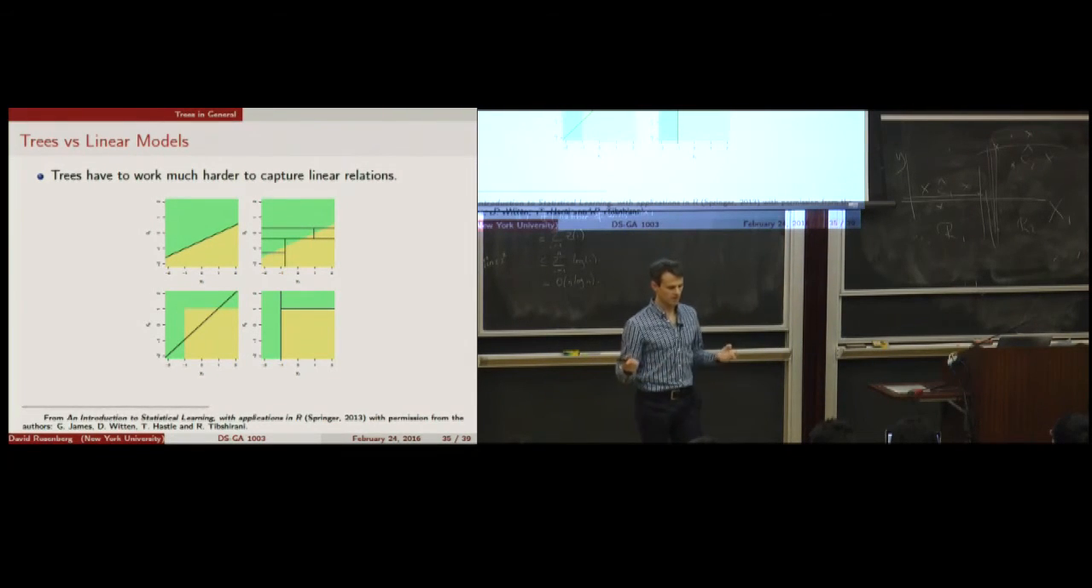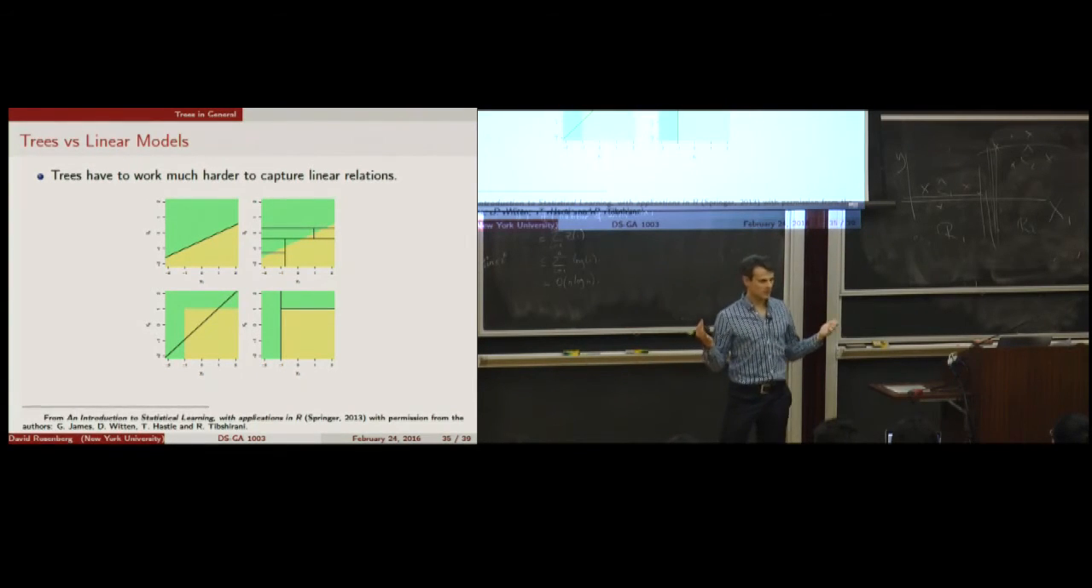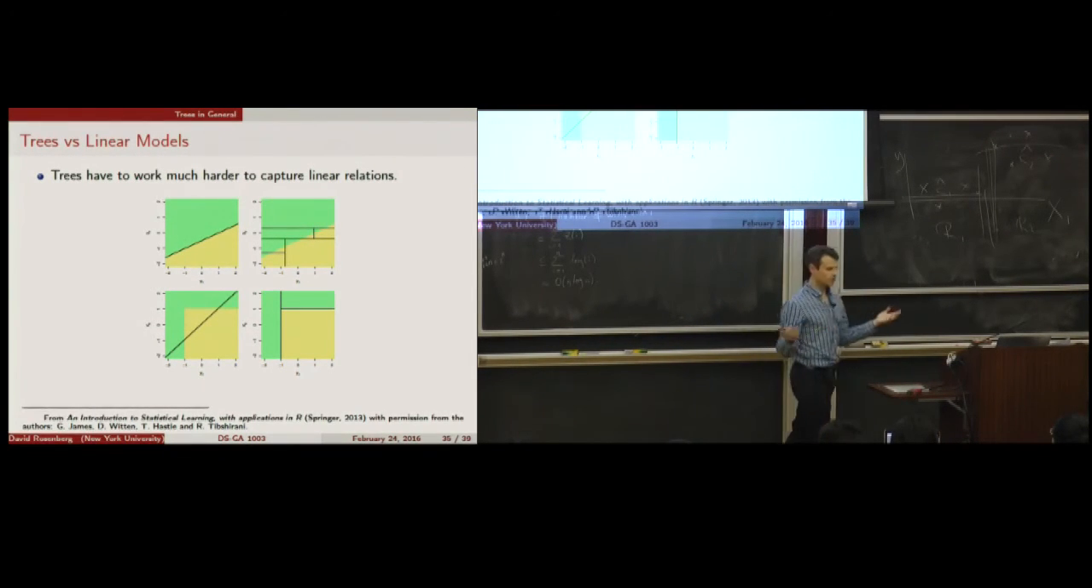All right. So here's another important difference, a key difference between trees and all the other things we've done so far. It's what types of prediction functions can they do easily? By easily, I mean with low complexity. If we're measuring complexity of trees by how many leaf nodes there are,